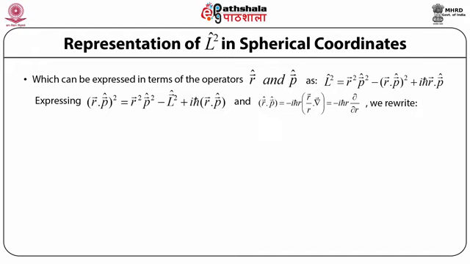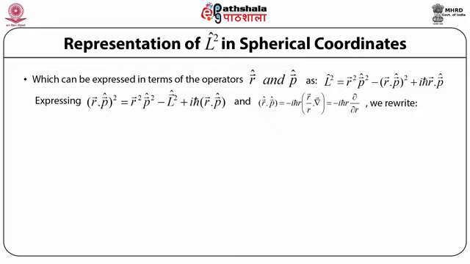So we know that operator L square is equal to vector R square times vector P square minus (vector R dot vector P) whole square, where R dot P means the scalar product of vector R and vector P, plus